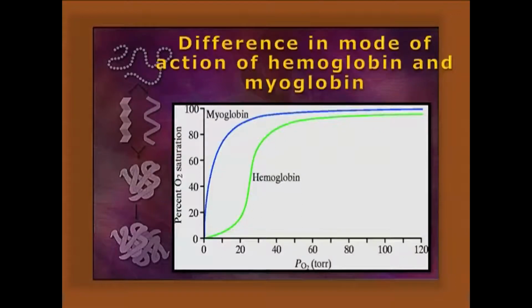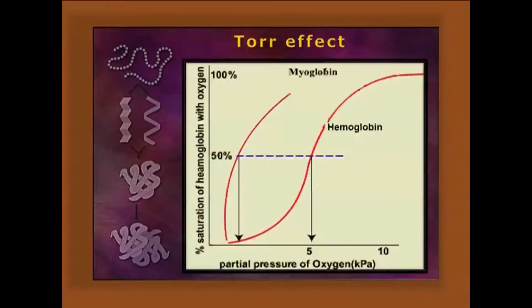So it is a sigmoidal curve because multiple oxygen binding sites are there. Oxygen acts as a homotropic regulator, but in myoglobin a single binding site gives hyperbolic kinetics. The dimension of myoglobin is 45 by 35 by 25 angstrom, and the dimension of hemoglobin is 65 by 55 by 50 angstrom. In the Bohr effect, the P50, the half saturation, is at low oxygen pressure for myoglobin and at high oxygen pressure for hemoglobin. That is called the Bohr effect.